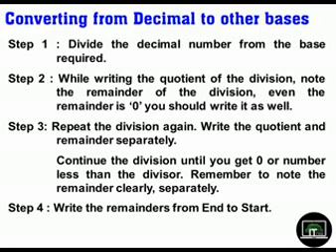You continue this division until you can't divide. You continuously divide the number by the base. When you are dividing these numbers, you must write the remainder of these divisions. Then finally, you write all these division remainders from end to start. You divide the number by the base, write the remainders, and read the remainders from end to start. Then you get the conversion.